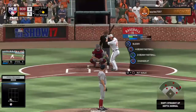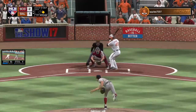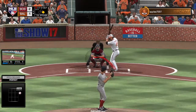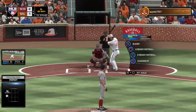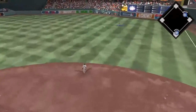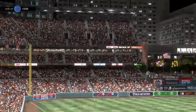Here's Mark Trumbo now. It's been an 0 for 2 effort for him to this point. And a fastball just misses for ball 1. The 1-0 pitch. Lays off again, and it's 2-0. Now with the 2-0 count and the power at the plate, it could be fireworks time. This is the kind of count he makes his money in. And Mookie will make the play, and that retires the...